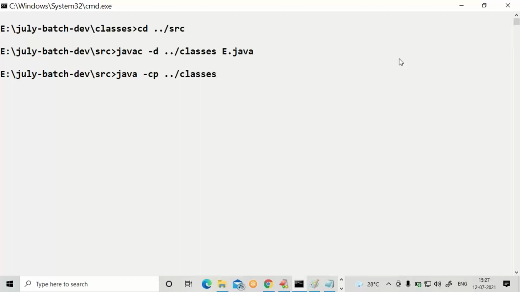Give a space. Class name E. You are able to run java command from the SRC itself.